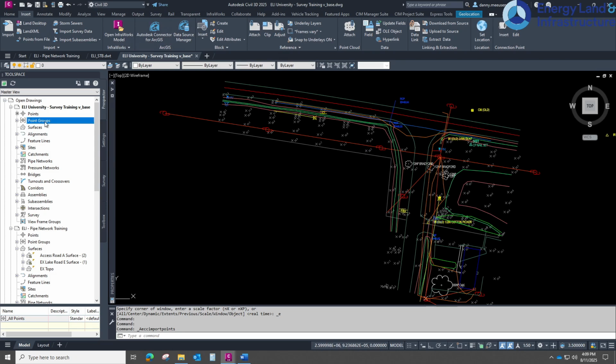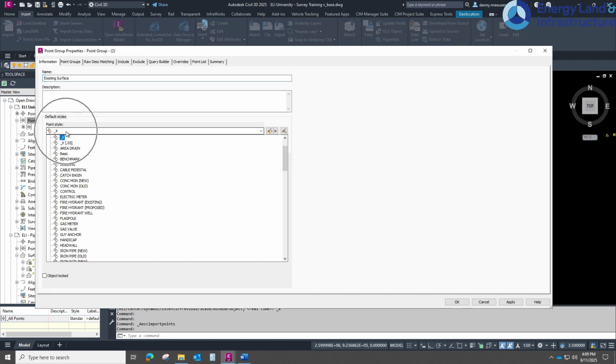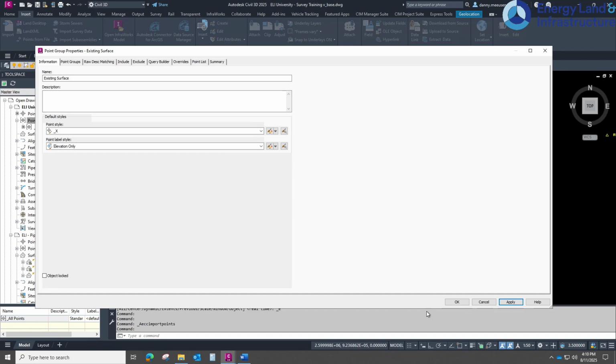So what we're going to do is go to the tool space. We're going to expand point groups. We're going to right click point groups and click new. Going to give it a name. Let's call it existing surface. Point style, we'll make it an X. Point label style, we will set to elevation only. We're going to click apply, but we don't want to click OK yet